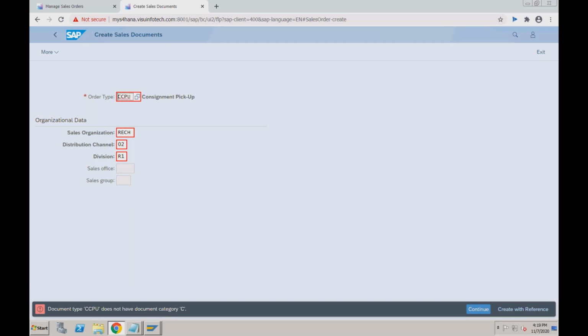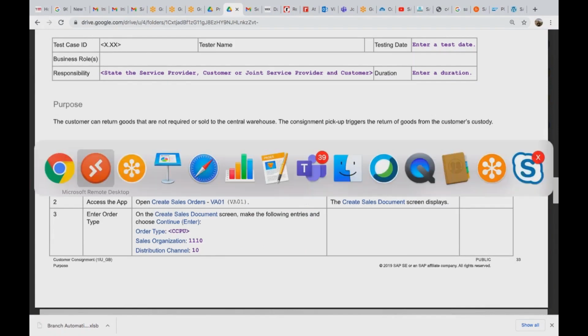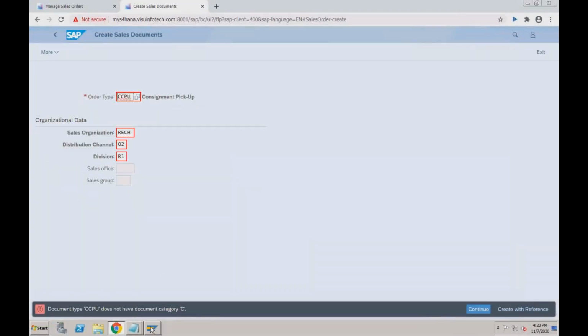Document type CCPU does not have the document category C. I think someone has changed it. Yes, someone has changed it. So CCPU order type in the standard system. Let me see what is the